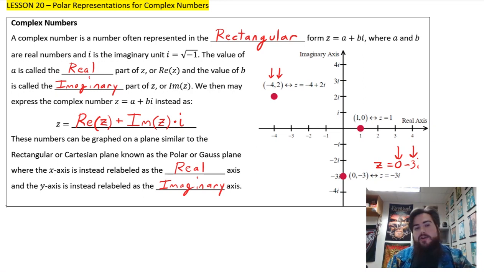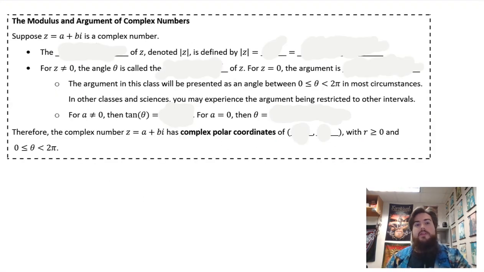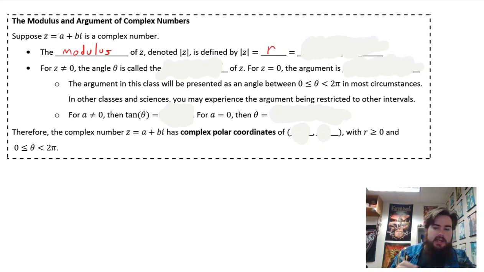Let's talk about now the modulus and the argument for complex numbers. To understand the modulus and argument of complex numbers, let us suppose that z is equal to a plus bi is a complex number. We then will say the modulus of z, which is denoted with vertical bars surrounding the value z, looks kind of like an absolute value, but is different, is defined by the modulus of z equaling r. The reason for this is if we are thinking about a complex number,